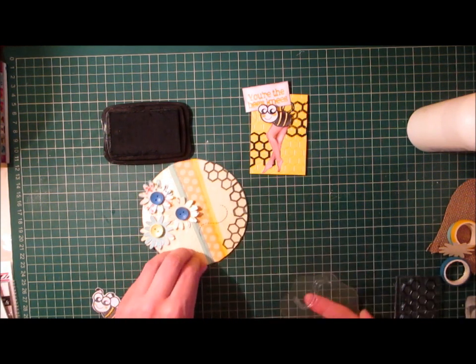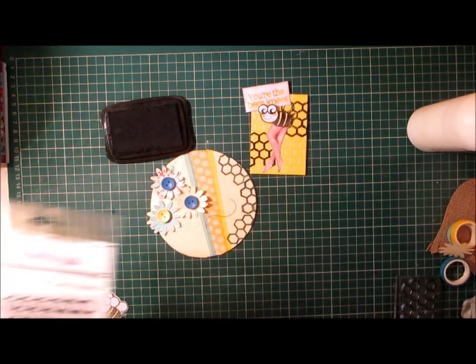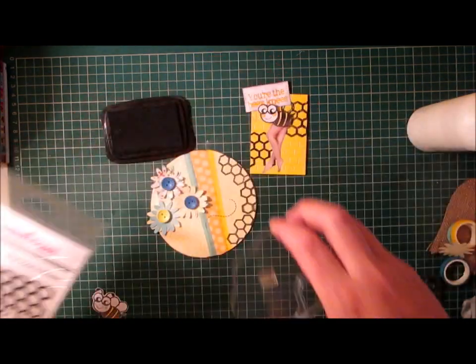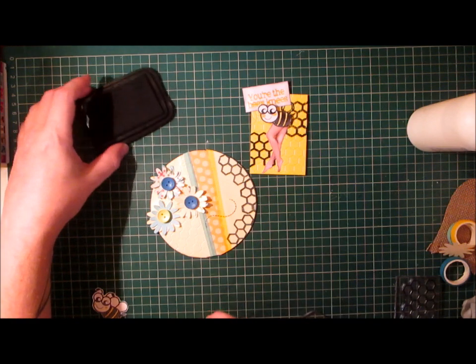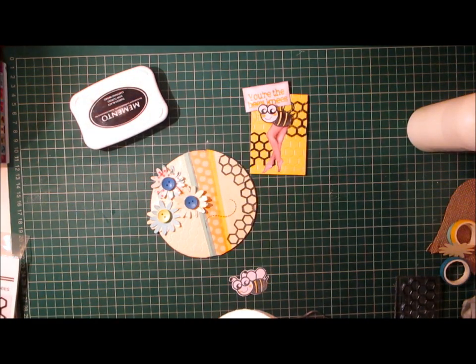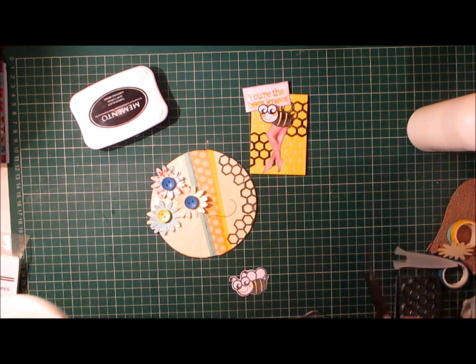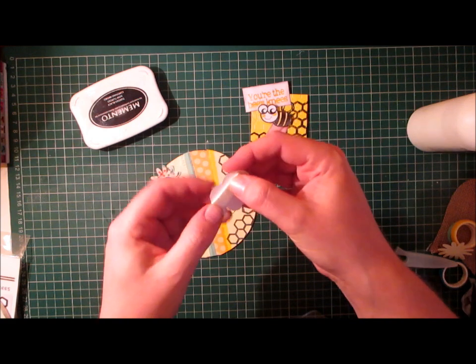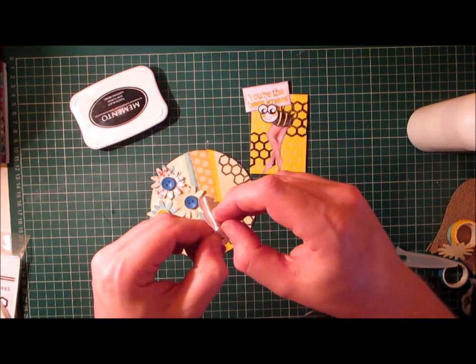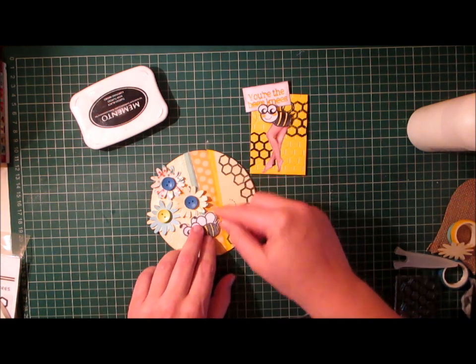Press down. Clean it off. Going to use the bzz, the mini stamp just there. Going to be using that also. But before I use that, I'm going to adhere my little bumblebee using some foam tape, so he's got a bit of dimension. Just putting some foam tape on the back. Peel off the backer. Pop it down,